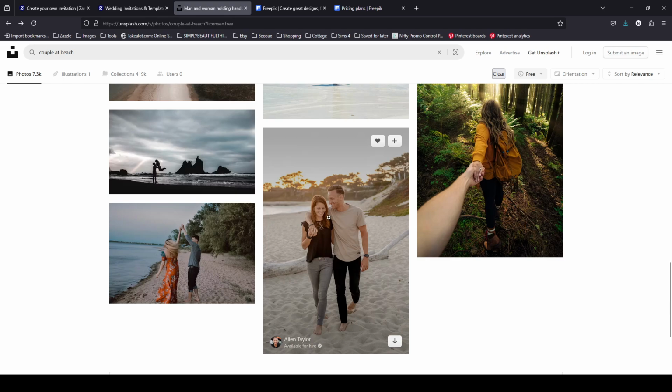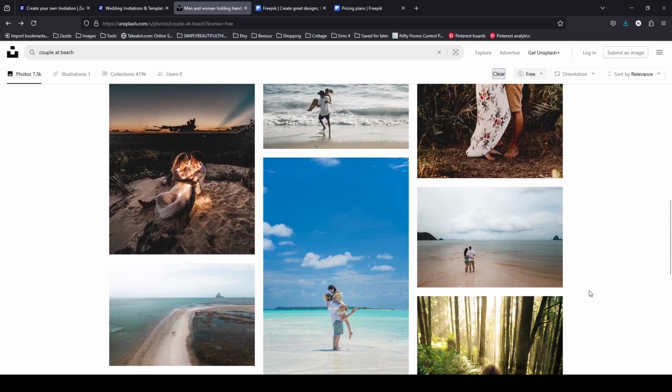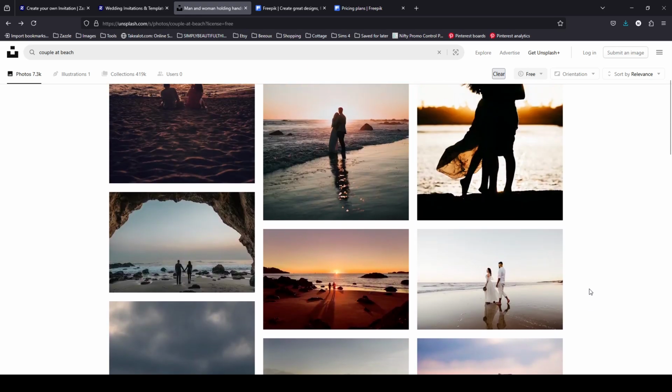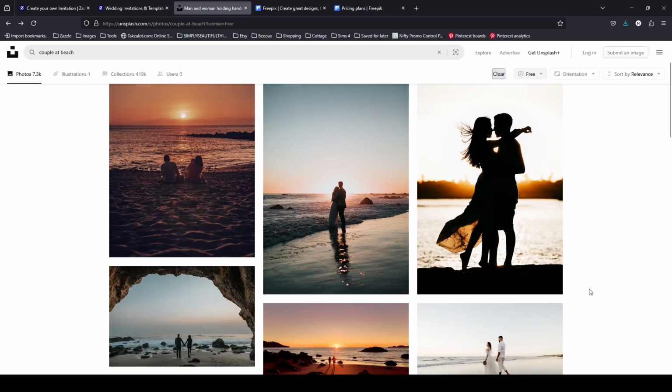This might be the perfect photo for a couple having a nothing fancy, just love themed wedding, where it's like, we're not doing a whole big thing, so they're not going to have a professionally shot engagement photo. Or if they do, it's going to be something like this one at the bottom middle there, where it's a very casual and relaxed sort of vibe. So you're going to think about all of those things and just find professional photographs that really look nice. We're going to use this one,